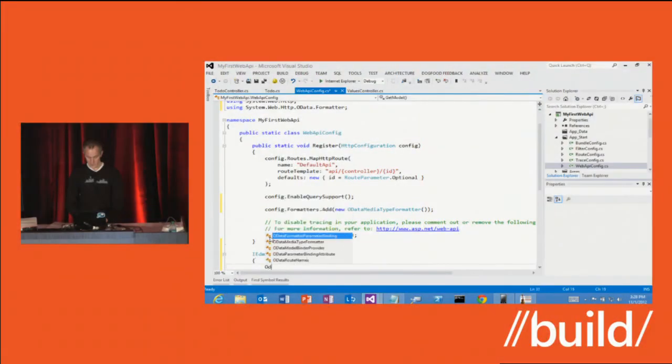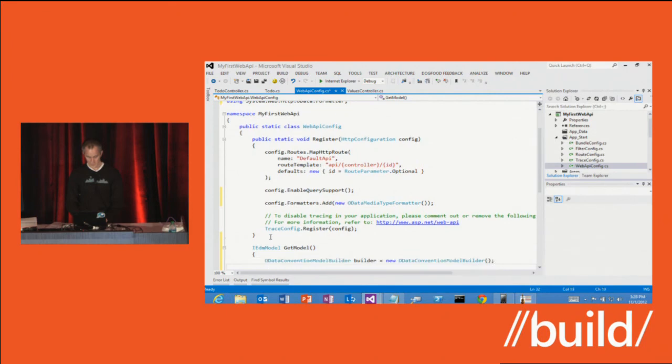And then I'm going to use the ODataConventionModelBuilder. Did I get that right? Yep. Builder. There it is. And then I'm just going to add an entity set for my to-do type. Okay? And let's call the entity set name ToDo.